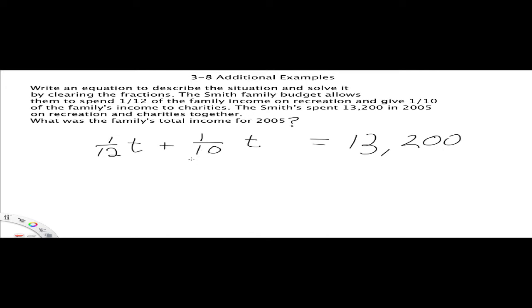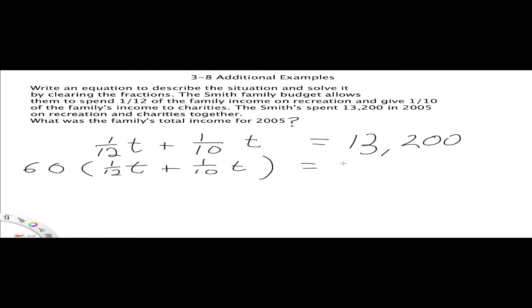And so we kind of go through, we got 12, 24, 36, 48, 60. 60 ends in 0. So it looks like what we're going to want to multiply through here by is 60. So we've got 60 times 1/12 t plus 1/10 t